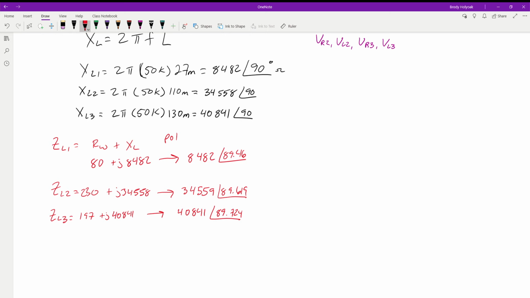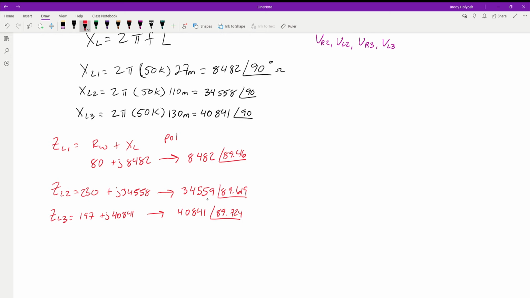Now, one of the things to note too is the winding resistance we can't just ignore. It all depends on what our frequency is. If we were running these inductors at a lower frequency, say something like 5 kilohertz, so 10 times less, we would see these values drop by 10 times. For example, L1, if we were running it at 5 kilohertz, we would see about 8,400 ohms. Now that 80 is still not quite significant, but if you look at the other guys,